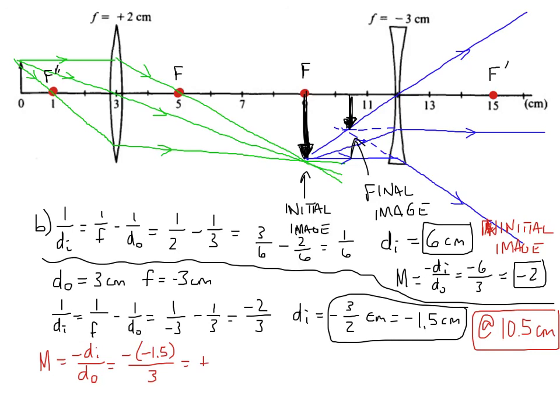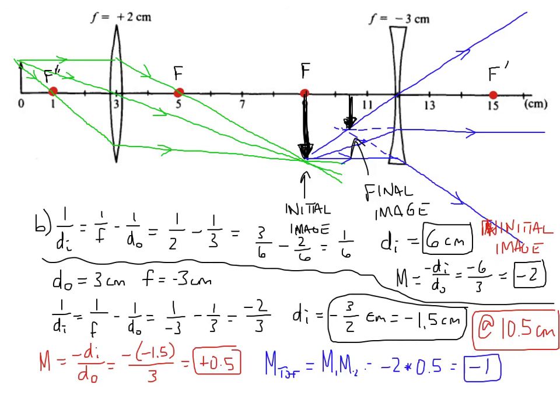It becomes positive, so that becomes a positive 0.5, so that's the next magnification. So to get the total magnification, the m total, we can just multiply those two magnifications together. So m1 times m2, which is negative 2 times the positive 0.5, gives you a total magnification of negative 1,